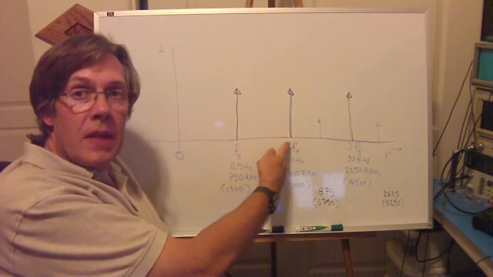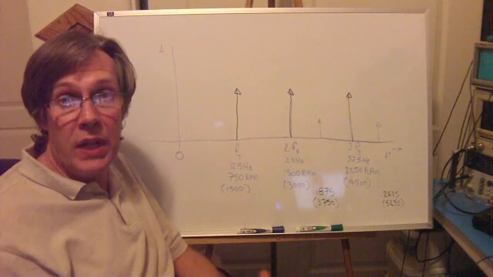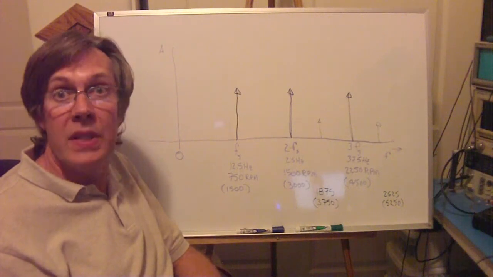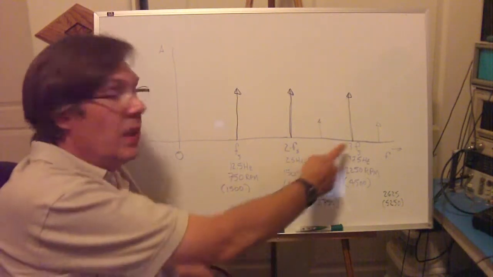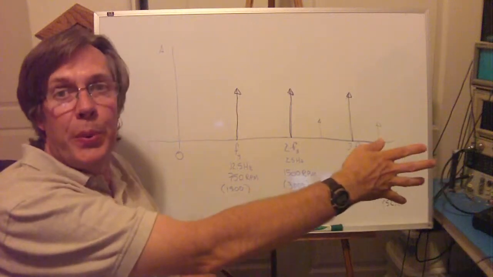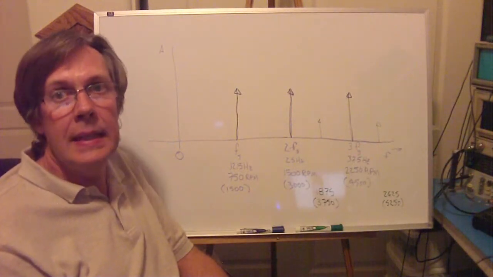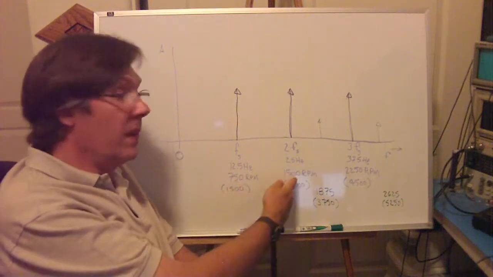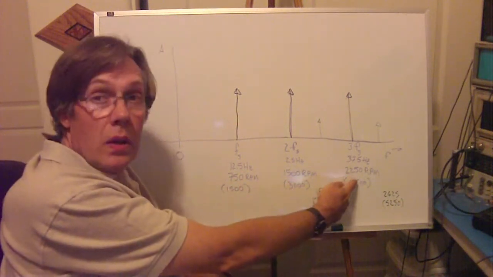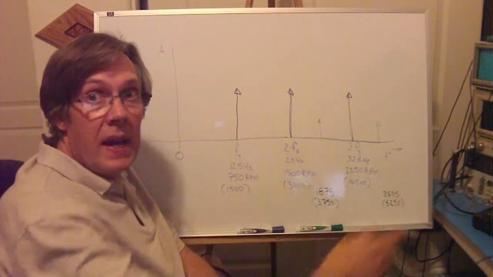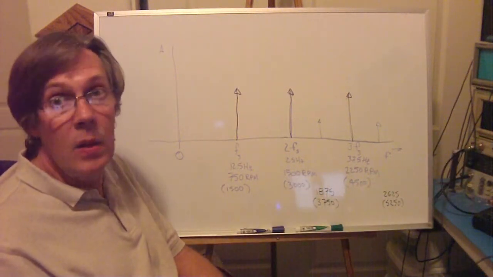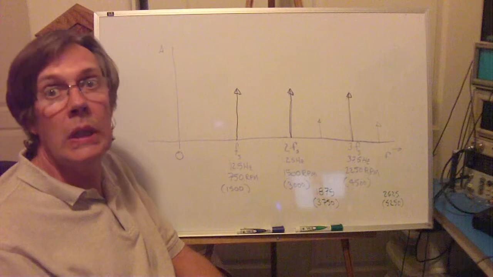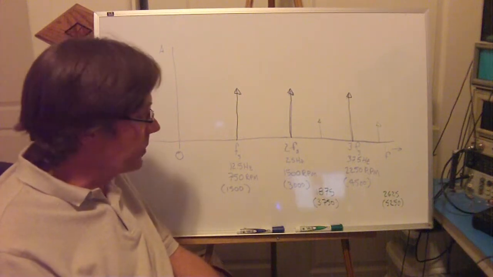This case then, 2 times f sub s, would be when there's 2 full rotations per sample between samples, and it still looks like it's not rotating. Same thing with 3 times. Any integer multiple of the sample rate, it's going to look like it's standing still. So that winds up being, in our case, 750 RPM, 1,500 RPM, 2,250 RPM, and we just keep adding 750 RPM, and any one of those rotation rates will look like it's standing still for the